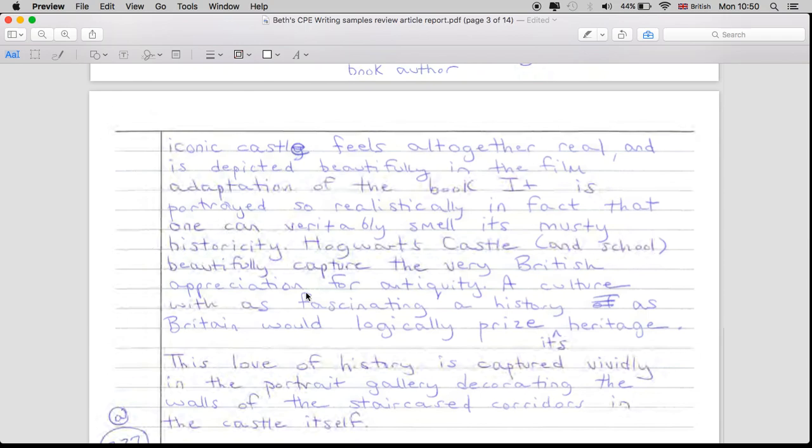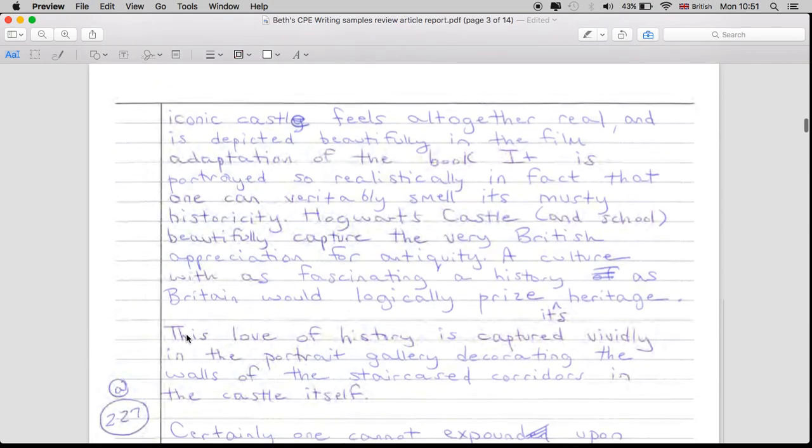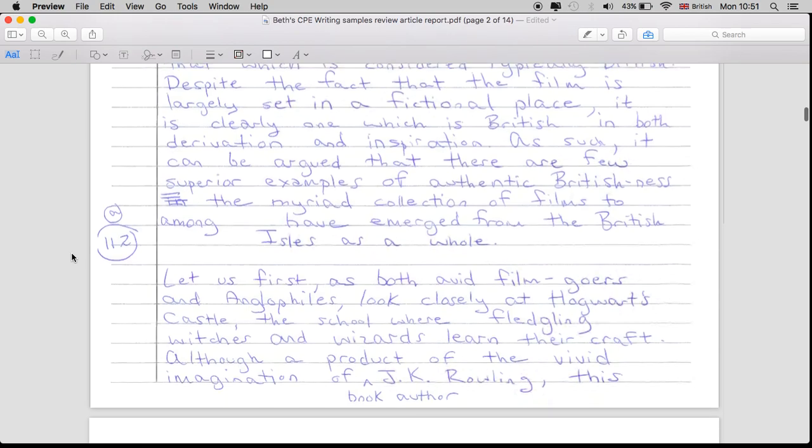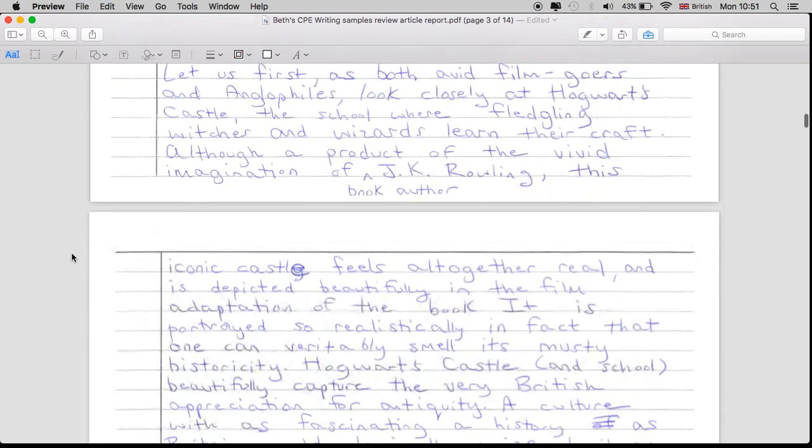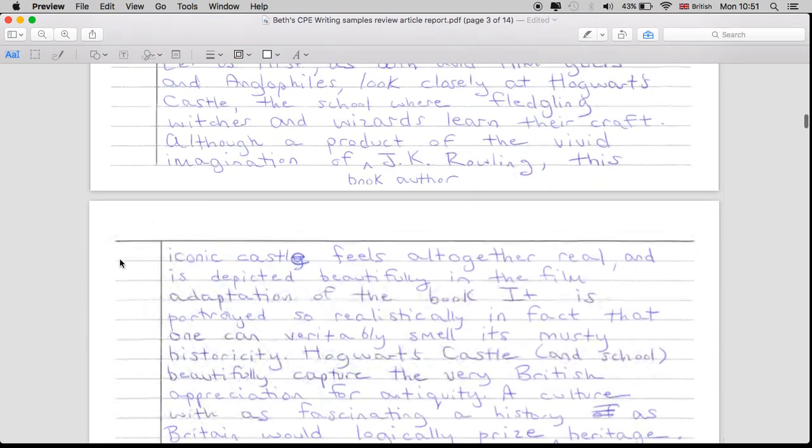"Hogwarts Castle and School beautifully capture the very British appreciation for antiquity. A culture with as fascinating a history as Britain would logically prize its heritage. This love of history is captured vividly in the portrait gallery, decorating the walls of the staircased corridors in the castle itself." Okay, so I've written about the castle in another paragraph of about 100 words, but maybe I could lose a few words,